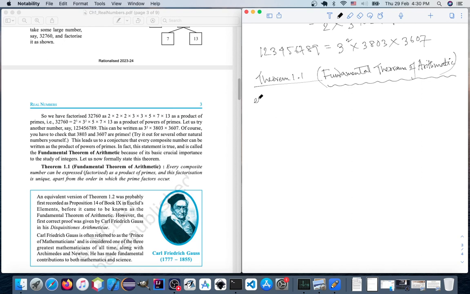That every composite number can be expressed. Expressed means also factorized, has the same meaning. Expressed means you are factorizing the composite number as a product